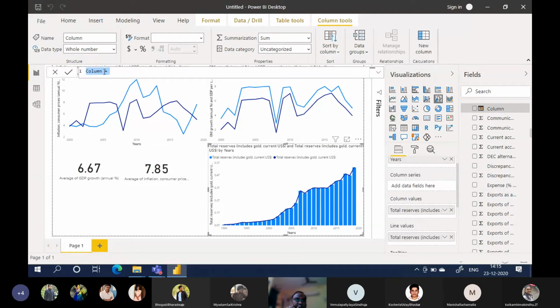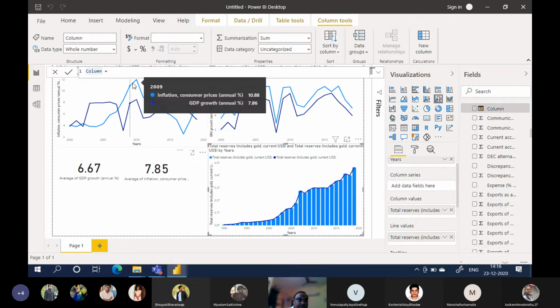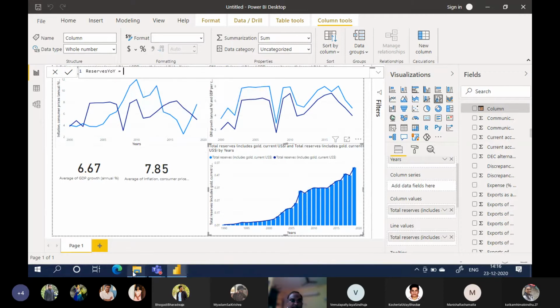Okay, the column name, we will name the column as reserves year-on-year percentage. Now, let us see how to calculate the formula.